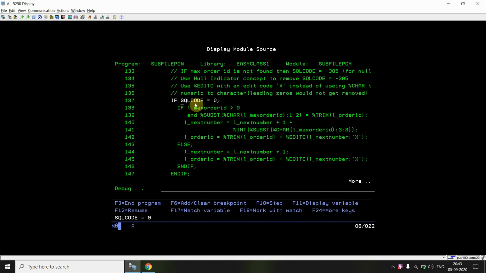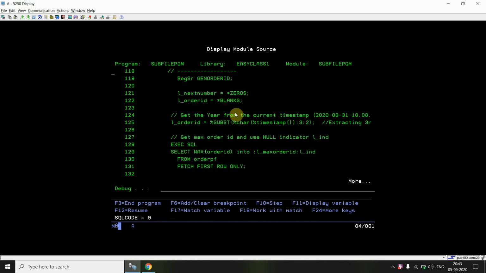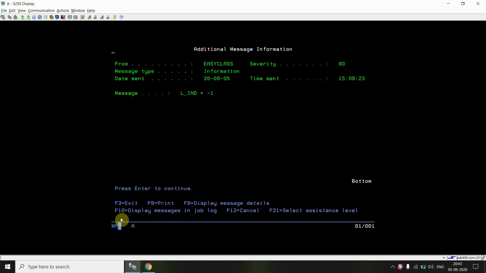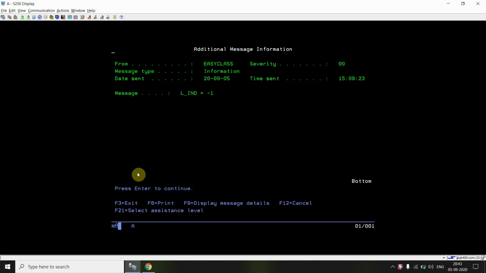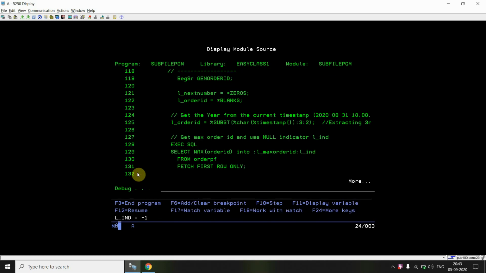SQL code is 0, but if I go up, page up, we'll check max order ID is 0, but the indicator is -1. Okay, this means it is a null value. F10, shift F6. We cannot see any information from this, but this is the null value retrieved, meaning there is no max order ID, there are no records found in that order PF.